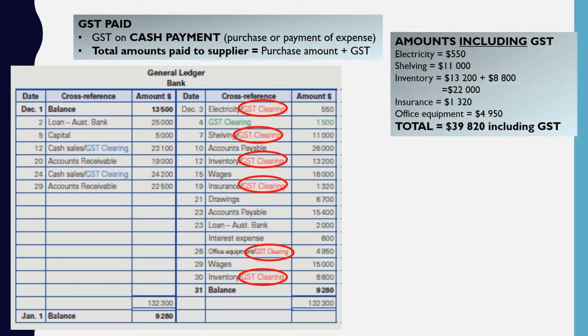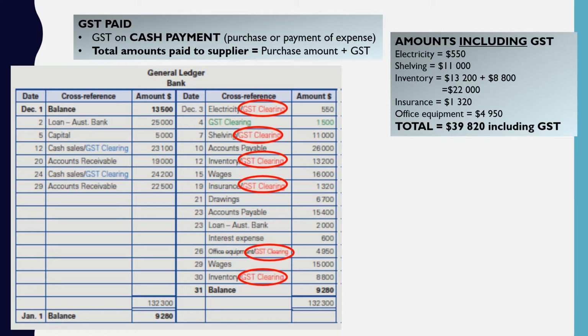Now let's break this down. Here are the amounts paid including GST. We have paid for electricity, totaling $550 including GST. We have purchased shelving for $11,000 including GST. We have made two purchases of inventory, totaling $22,000 including GST. We have paid for insurance, totaling $1,320 including GST. And we've also made a purchase of office equipment for $4,950 including GST. Therefore, the total amount including GST was